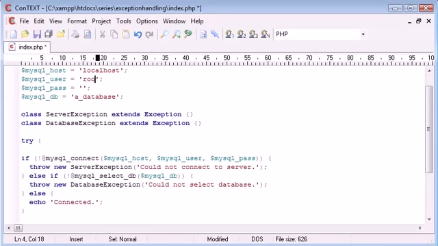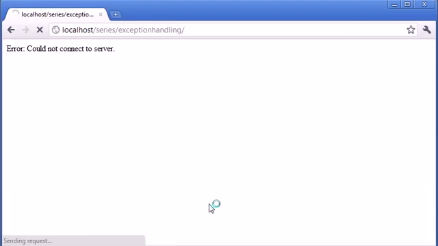Okay, so let's change that back to root, and now let's say a database 1. So we've appended a 1 on. This database doesn't exist. So now let's refresh, and you can see that we've got an error saying could not